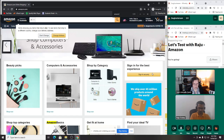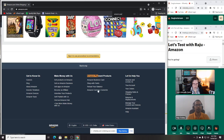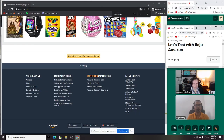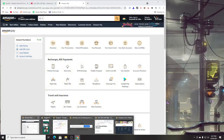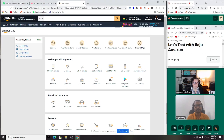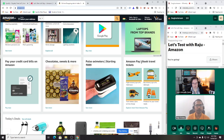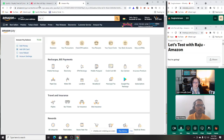Can we search for Amazon Pay? Okay. If we compare that with... So what was the? If we go back, it was this type of card. And if it was explore more from Amazon Pay, we don't actually get an easy link. Amazon Pay balance, and here we have an add money, and in this section,